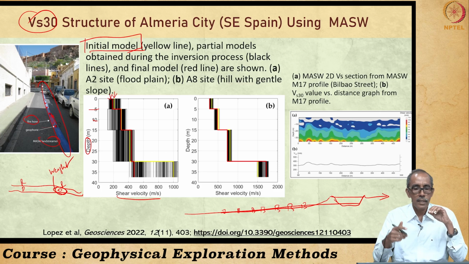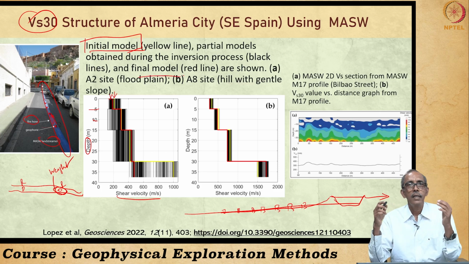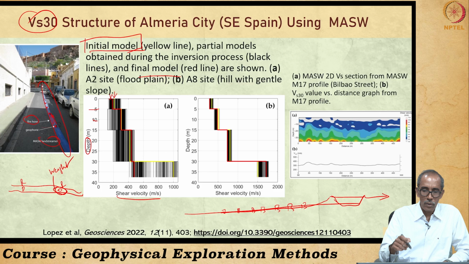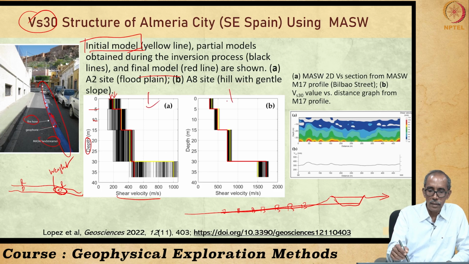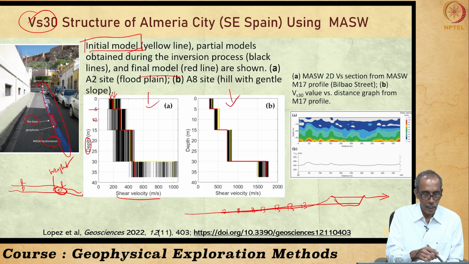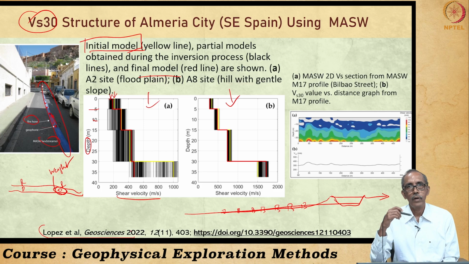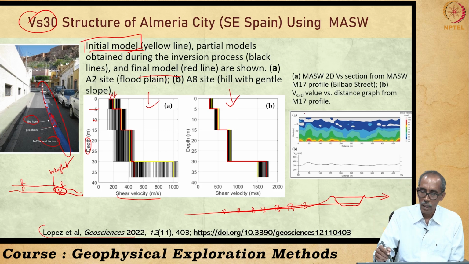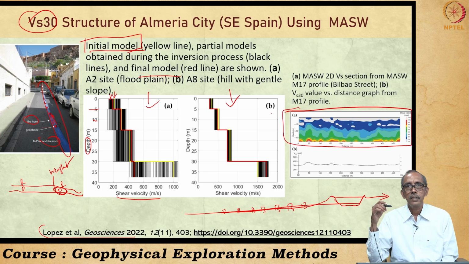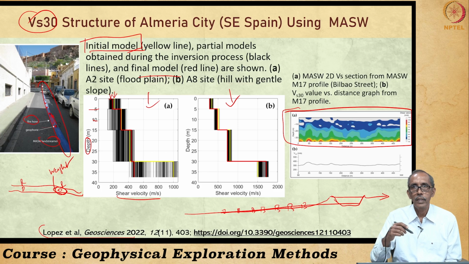Why did we say red is the final one? Because here it would have matched with the field observations we have made using MASW, right. So, these are at two different locations. As an example, I picked from their publication. I am showing you for the benefit of you to understand the application, right. On the right hand side, we see the velocity distribution nicely brought out for the entire stretch of nearly half a kilometer up to a depth of about 40 meters.